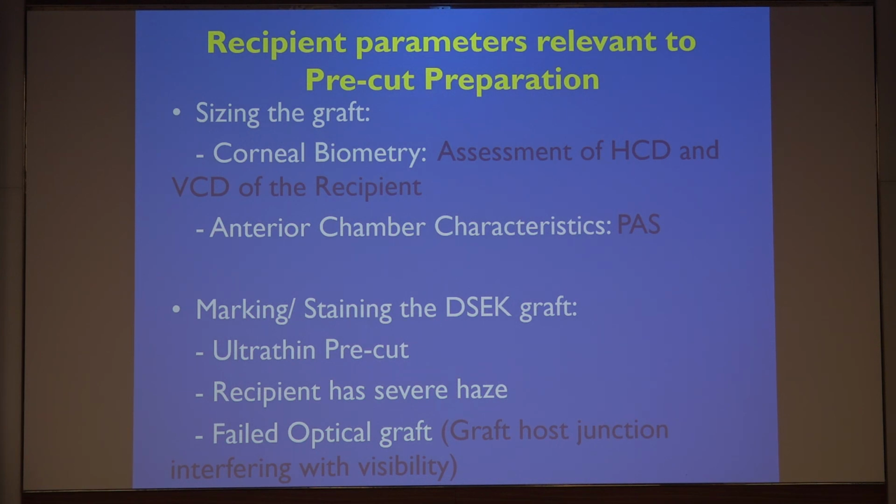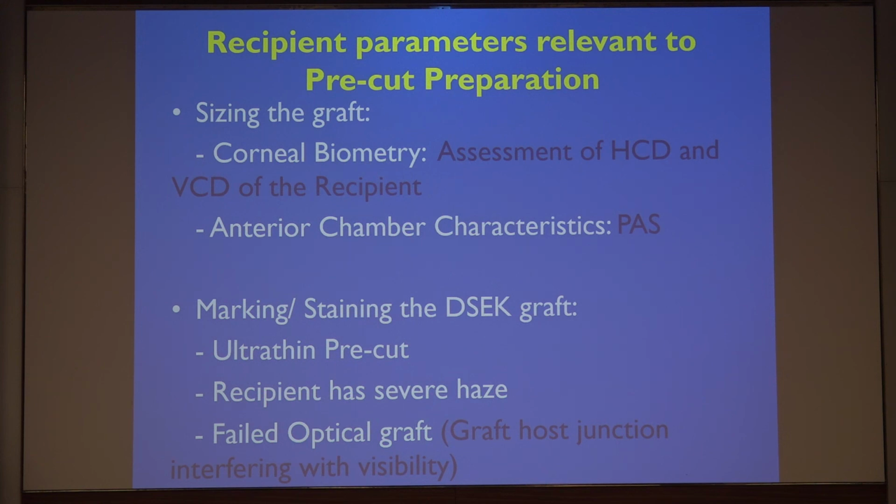You may have to use a manual dissection where you can have a little larger dimension to the tune of 8.5 to 9 millimeter size. So these will be the individual characteristics to look for when to go for automated. Majority can be managed with automated method, but in some instances you may have to use a selective manual preparation method. So for ultra thin corneas, marking and staining the DSEK graft can help, and these could be situations where the thickness of the lenticule is very thin, less than 100 microns, and where the recipient has a very severely hazy cornea.